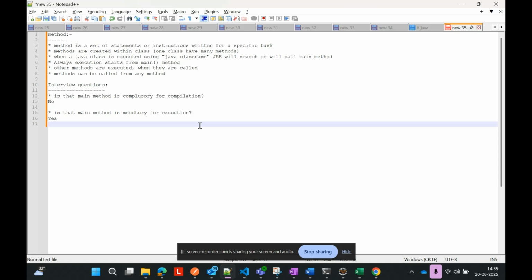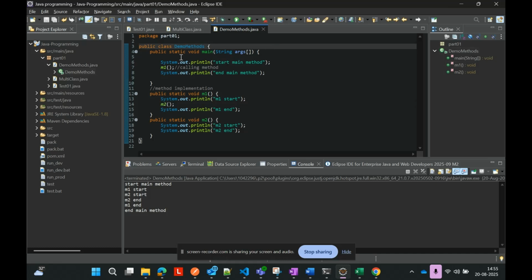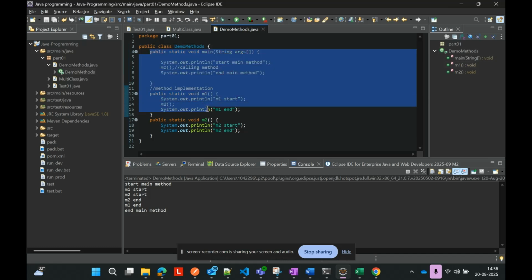If you learn the program, from there itself you can define all the points, so you need not memorize these points. Just go and create some program. From here only you can say something. Now you can create your own points. See, we can say one point: we can create all the methods